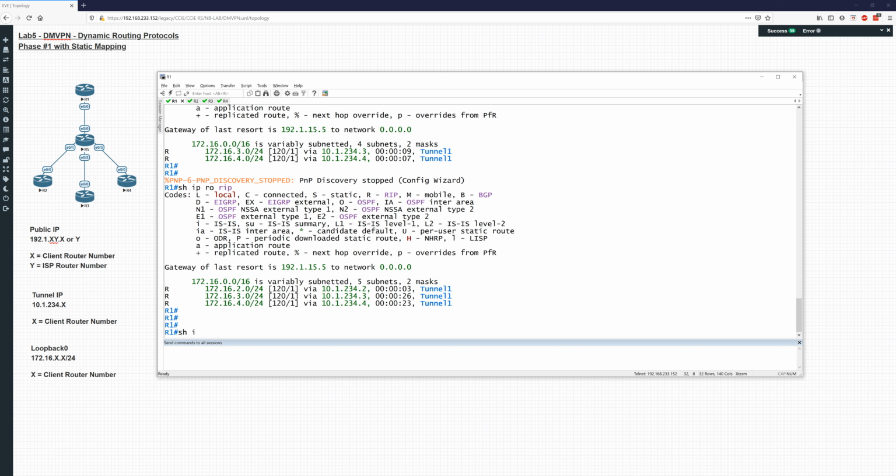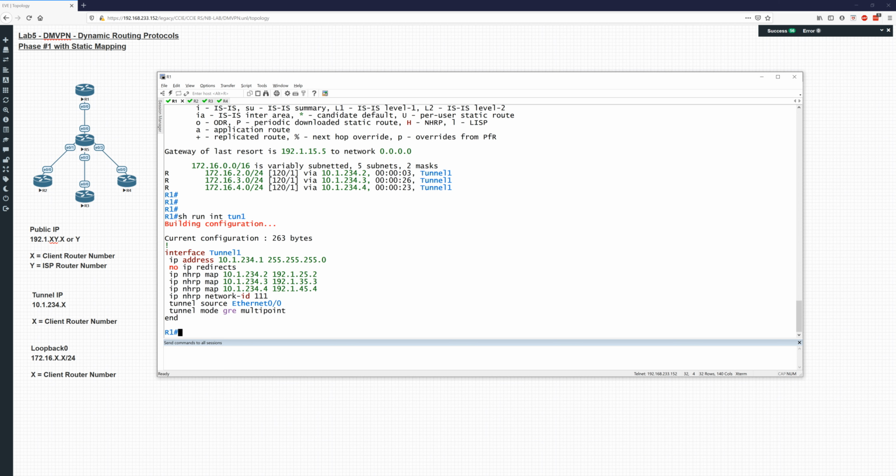Why am I not receiving anything? Who can tell me? The reason I'm not receiving anything is because this is a multipoint GRE interface, and for the multipoint GRE interface, we need to define where the multicast will go. So we have to map in NHRP where the multicast will go. Right now multicast is going nowhere, so